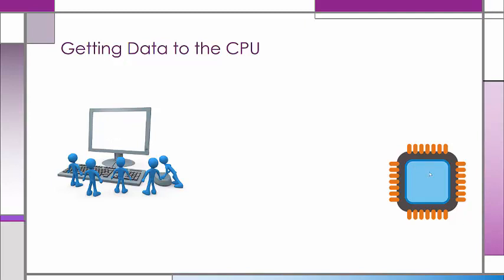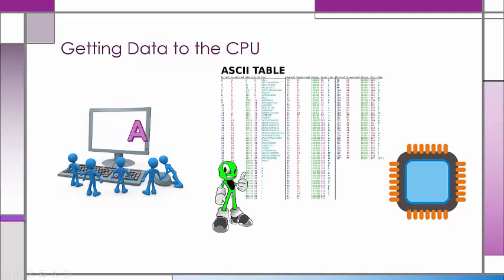And so that on and off pattern is what the CPU reads, and we call it 0 and 1, but all it is is the absence or presence of an electrical impulse. So how do we get from A or Z at the keyboard to a 0 or 1 that the CPU can understand? So someone typed in an A, and what happens is we have this little ASCII chart,